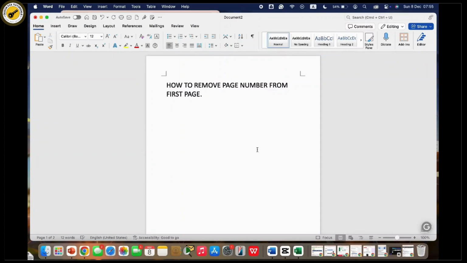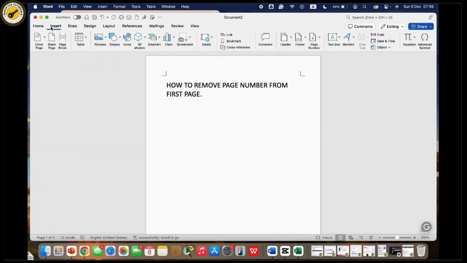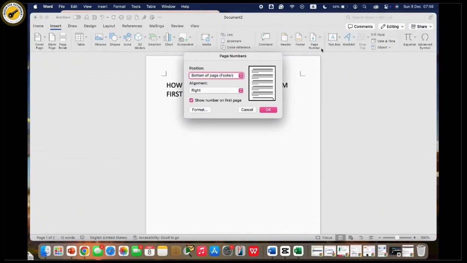Now here I have written something on my first page, and in order to remove the page number, you can see I have not added the page number yet. Now all you have to do is tap on the Insert tab option available in the top. Then click on the page number, then tap on the page number again, and here choose a location, for example top